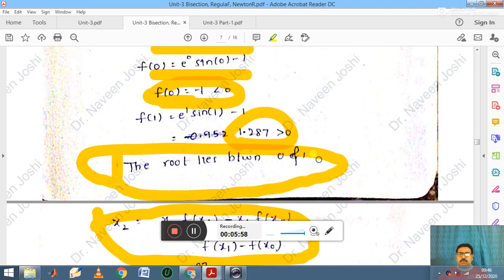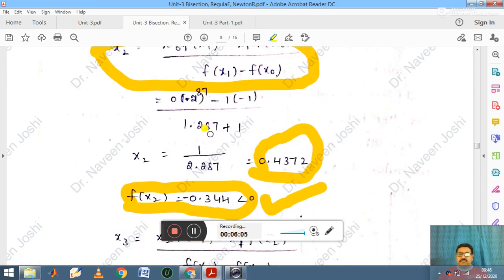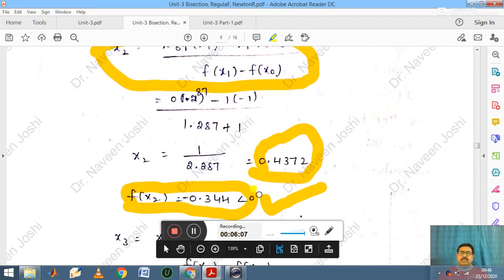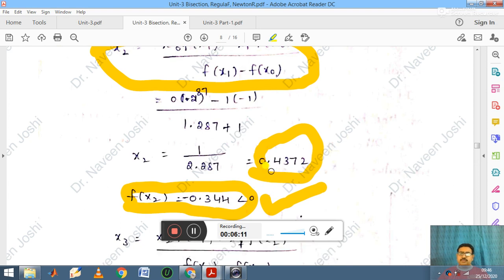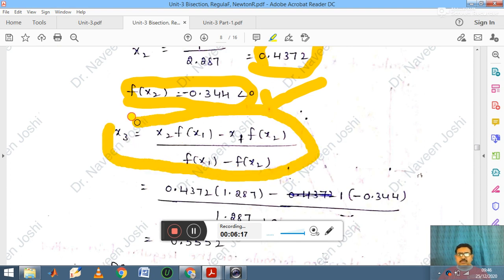Earlier, f of x0 is given negative, that is -1. Now the new point f of x2 is also giving negative. Then in the previous formula replace x0 by x2, and you get the x3 formula. See here, earlier x0 gave a negative functional value, and now your new point x2 gives a negative functional value. Therefore, in the previous iteration formula replace x0 by x2.